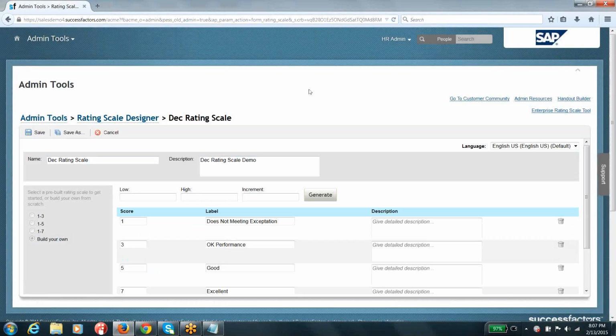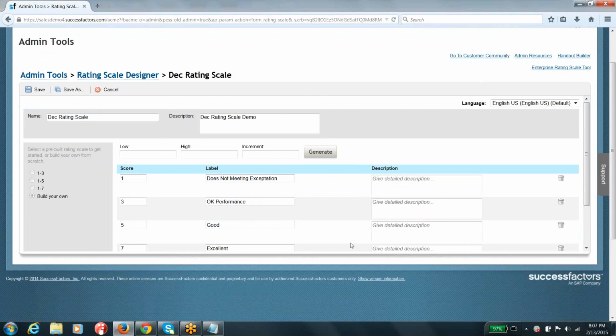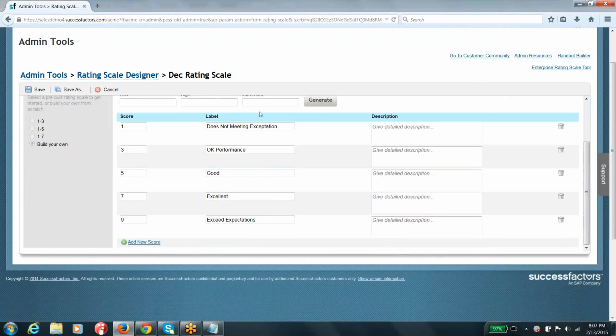Yeah, here you can see, this is a rating scale. There are ratings from 1 to 9, which means they selected a scale of 1 to 10 with an increment of 2 here. You can go ahead and define your own label and description. Usually if you add it from the standard SuccessFactors library, that will show the description and everything by standard. But if you're creating something on your own from scratch, then you have to populate the label and the associated description for this rating scale, guys. You can edit the rating scale in whatever fashion you are interested, let's say if you want to update your description.